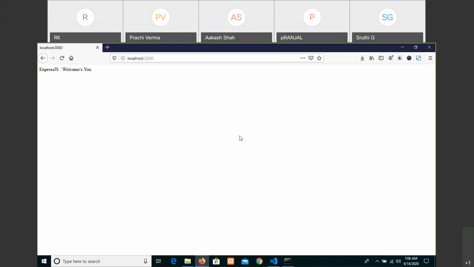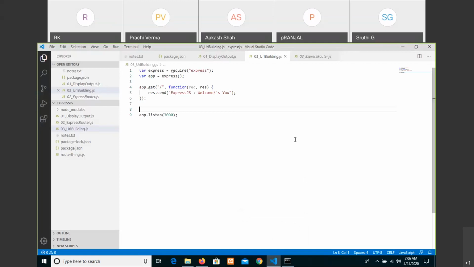Okay, now we want to pass a parameter, which is nothing but we can say a query string. How can we pass it? Same concept only, but let me write here app.get forward slash, that's from the home page or from the particular page.